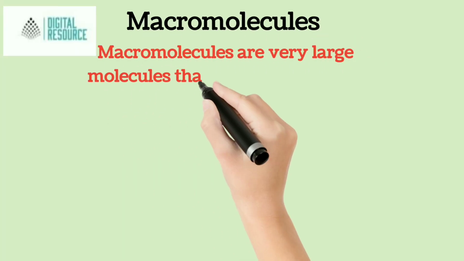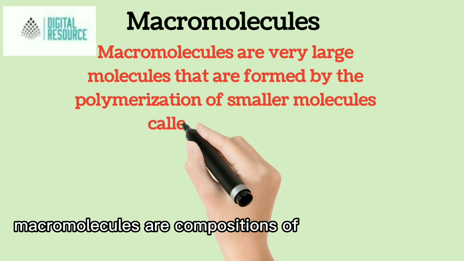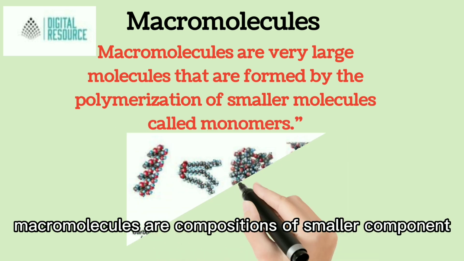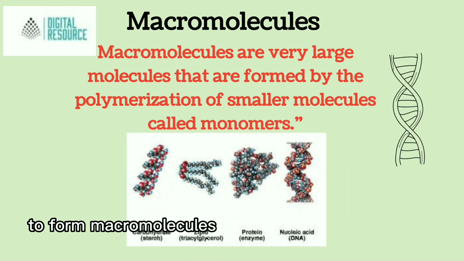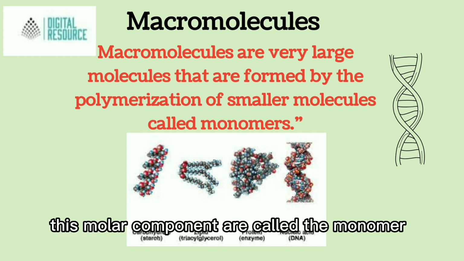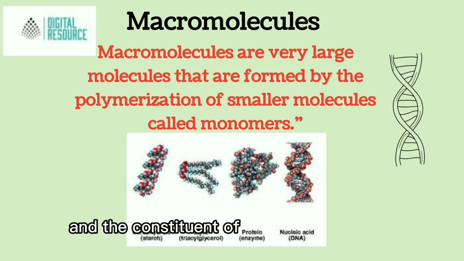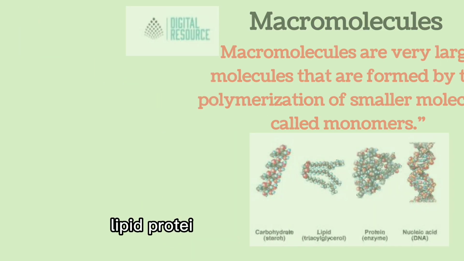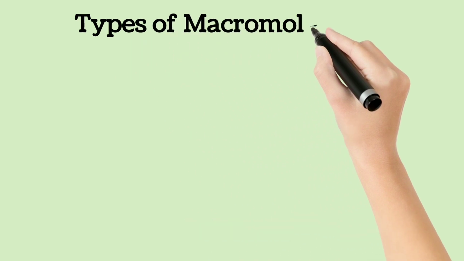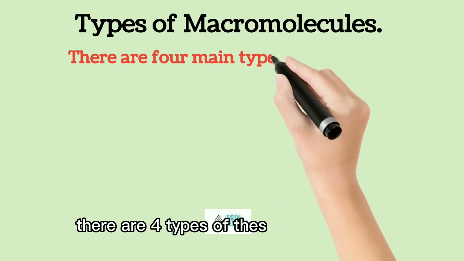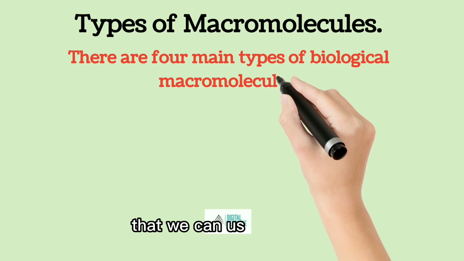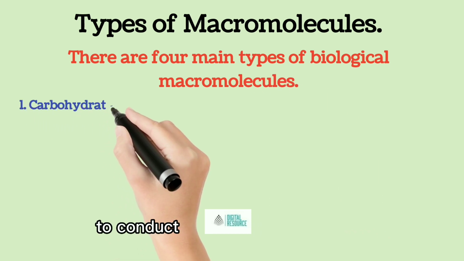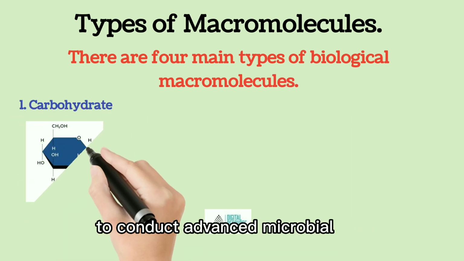Macromolecules. Macromolecules are composed of larger components formed using polymerization. These smaller components are called monomers, and the constituents of macromolecules include carbohydrate, lipid, protein, and nucleic acid. There are 4 types of these macromolecules that we can use or modify to conduct advanced microbial tests, and